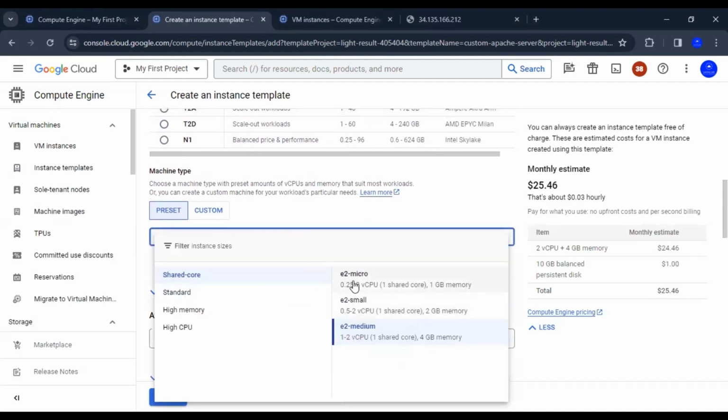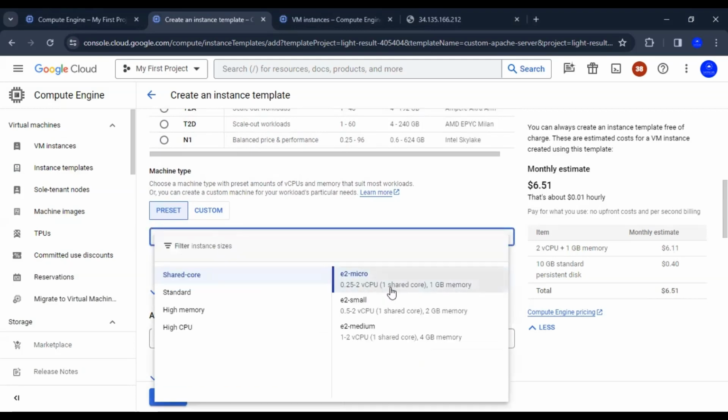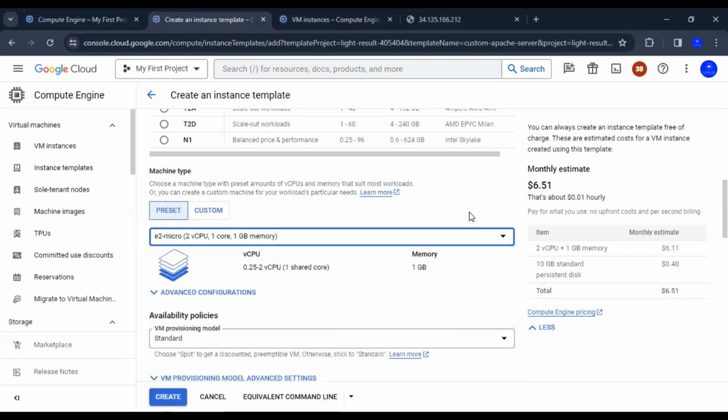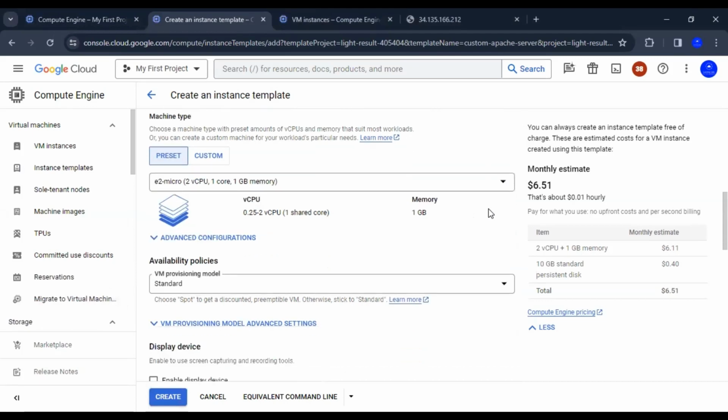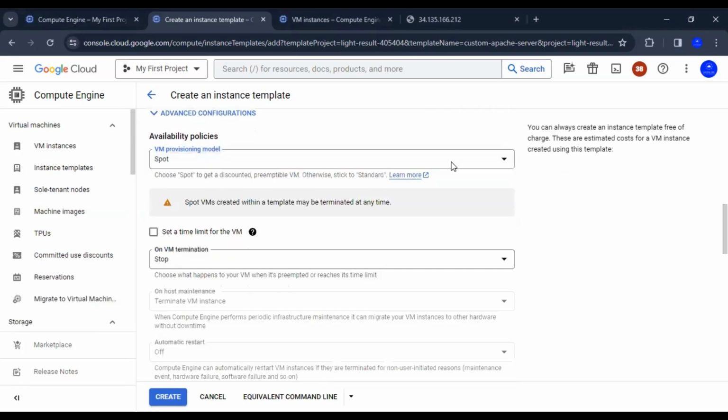Maybe we can choose the E2 micro instance type, which has one shared core CPU with 0.25 CPUs and 1 GB of memory instead of 4 gigabytes. So we're going to have this E2 micro instance type, and maybe we can go for some spot instances,